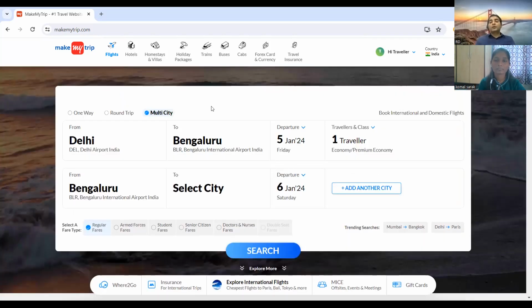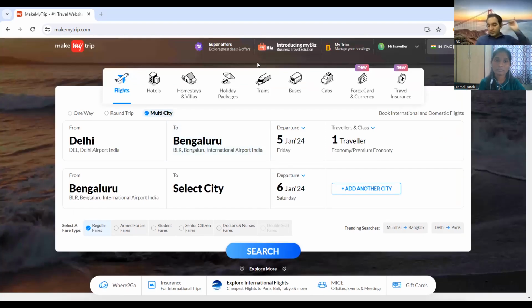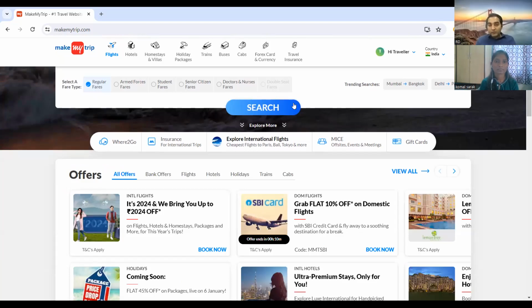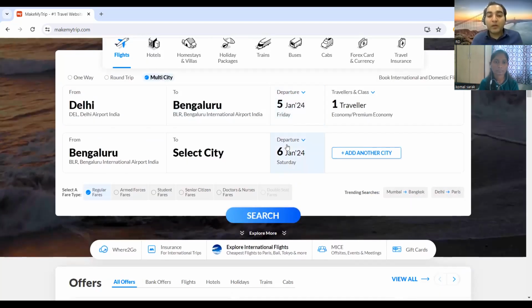You will log in to this website and see that it's showing the profile being logged in. If you have not logged in, then it should show hi traveler, something like this. You can verify the website is working fine in mobile, Android, iOS. You can also verify the look and feel and the functionality on other browsers apart from Chrome, right? You can test it negatively by trying to select a departure date which is already in the past. You can test even the departure date for another station, right?